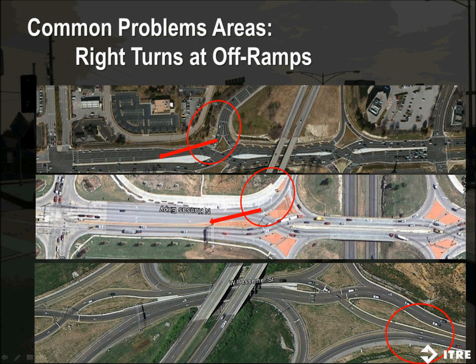It is important to consider the weave if a heavy left turn movement at the next upstream signal is prevalent, as shown with a red arrow at Kentucky 4 and Missouri 13. If an acceleration lane were added or right turn on red were allowed, this weave will present a safety concern that you will more than likely need to address. Some possible considerations could be to add a U-turn further upstream of the intersection and even possibly eliminating this left